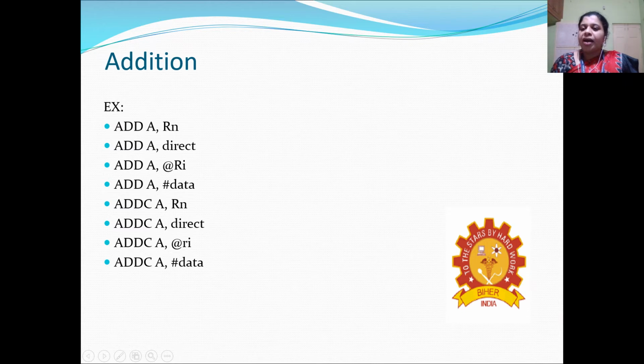From the flag, or from the initial part of the program itself, we can note the carry value, and that carry value is also added. So here this instruction does A plus data plus carry, and the result will be stored in the accumulator. So this is the addition operation.